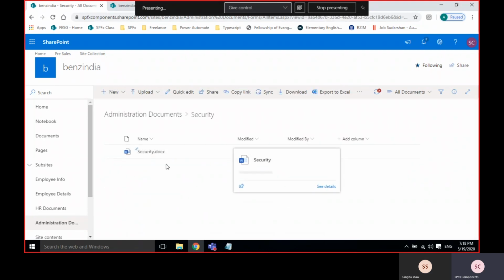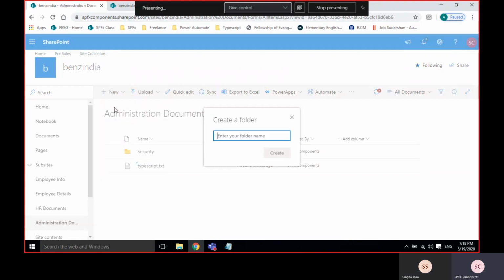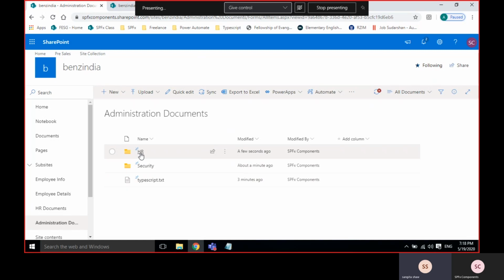Tomorrow, if I need anything related to security, first I'll go to this folder and check whatever things there are. And I can manage multiple folders. I think this is a good practice, because we create a folder and keep the documents within a particular folder. So we'll manage within that.